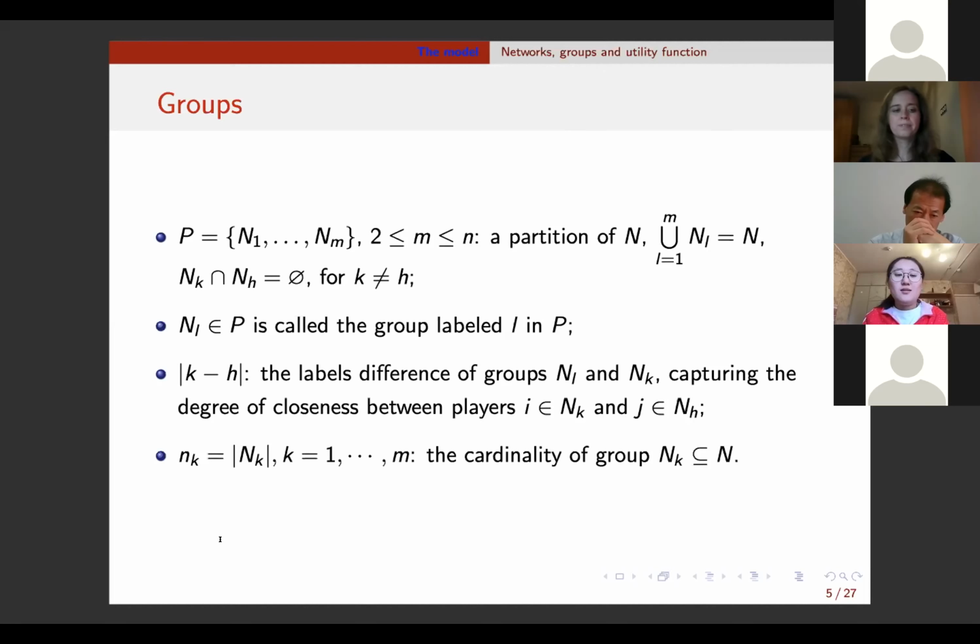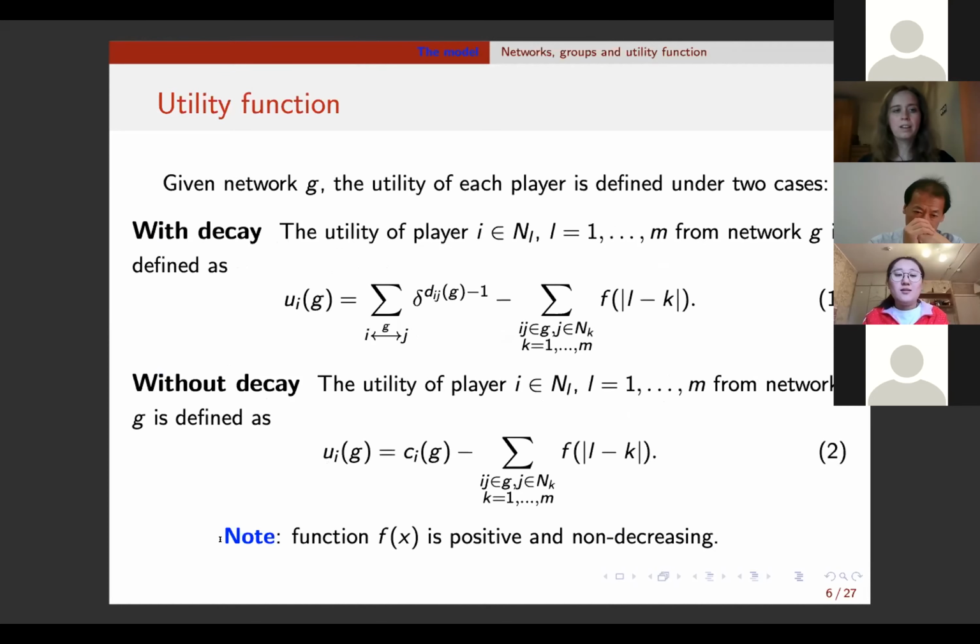Then we define the utility of players from the network. We consider two cases, with decay and without decay. Let's see Formula 1. The utility of player i in this network